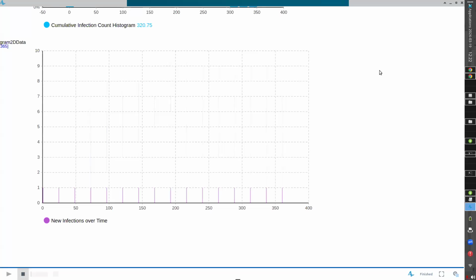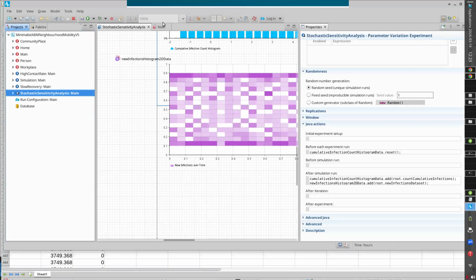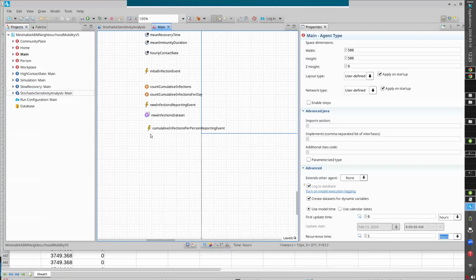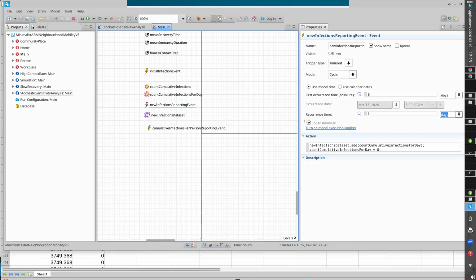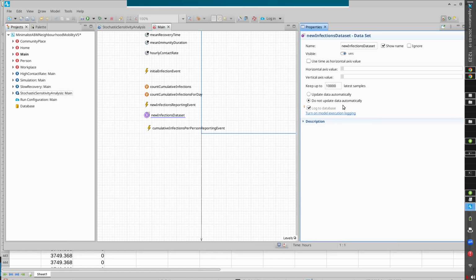That's really not what we're seeking, and I'll remedy that here in just a second. It's an unfortunate thing. I should have chosen more artfully. Okay, so how are we going to do this? Well, instead of having time as the horizontal value, we will be